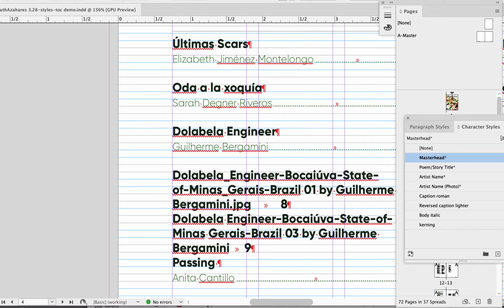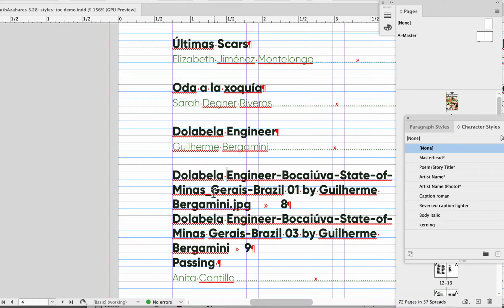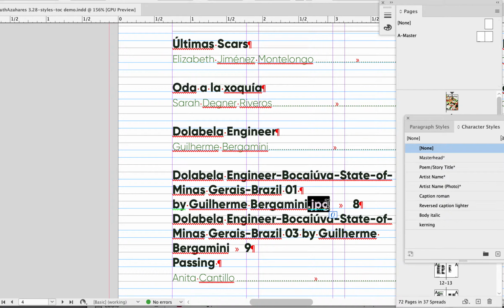And one of the things the client asked me to do was to take out these underlines. The underline and the .jpg showed up because these things got emailed from one person to another. And we want to get rid of that. So I'm going to hit this and replace it with a space. Here, replace it with a space. This, the hyphen, stays. It's just the underline that we need to get rid of. Now, this is the name of the image, and here is the artist. So I'm going to click a hard return to separate the image from the artist and get rid of .jpg